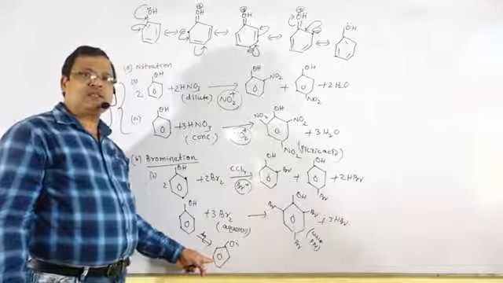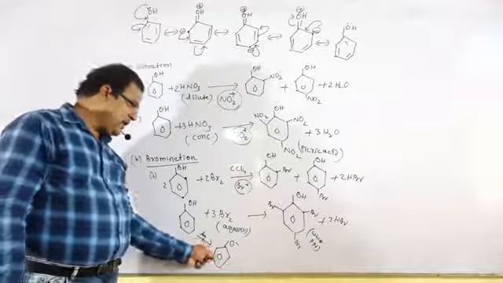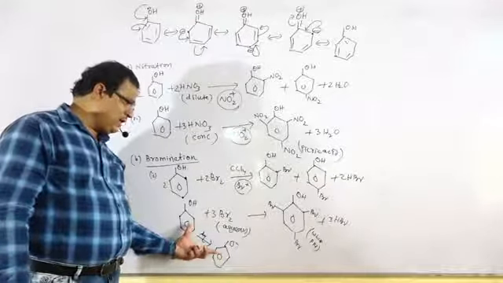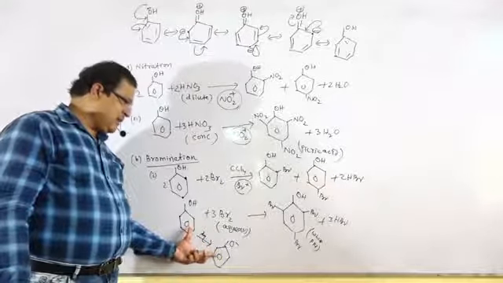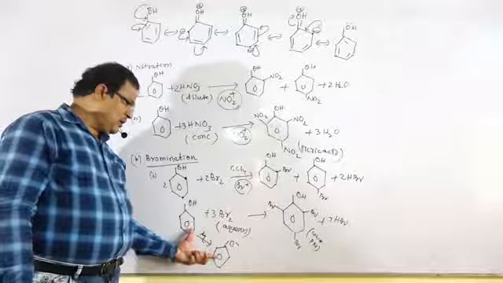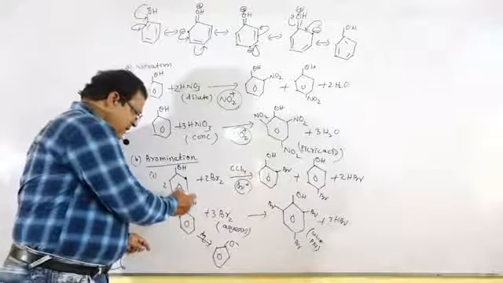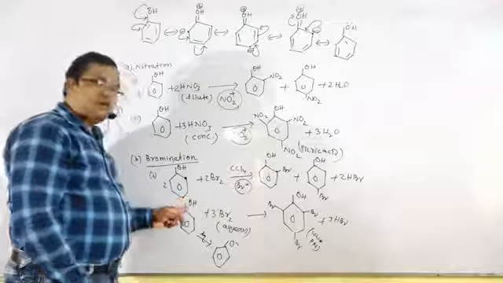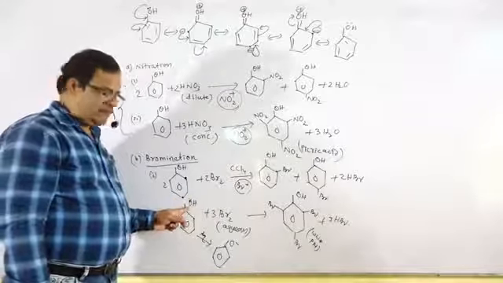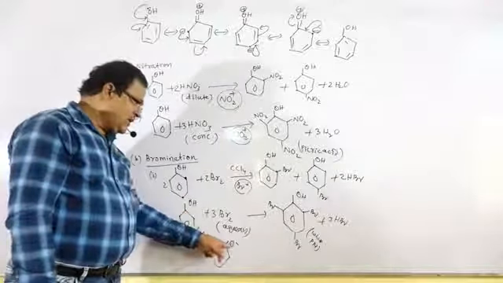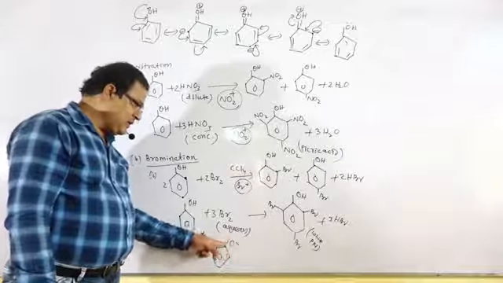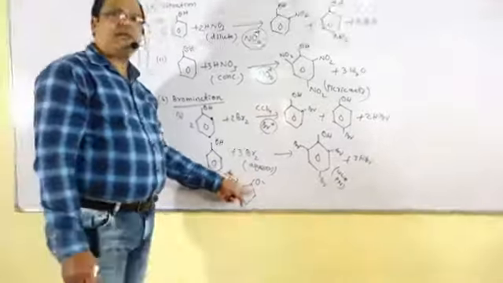There is no such charge separation. So if you compare the directing power of phenoxide ion and phenol: in the OH group, the oxygen atom contains a lone pair that will come to the bond, and the oxygen atom becomes positively charged. But in this case, the oxygen atom is negatively charged, and the charge will come to the bond and be shifted to the next atom, with no charge separation.